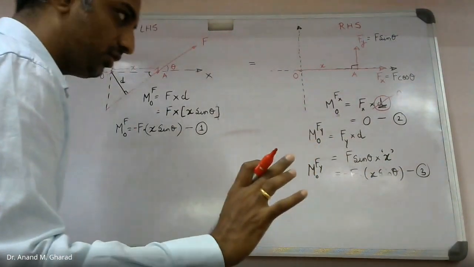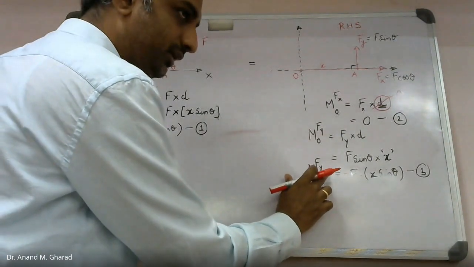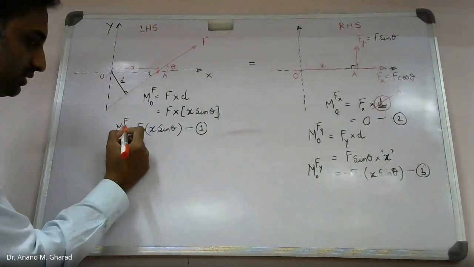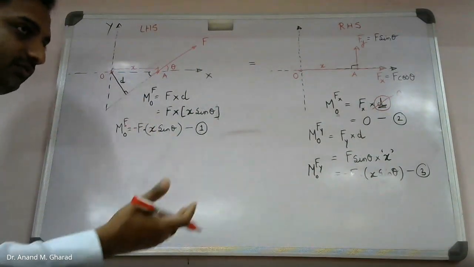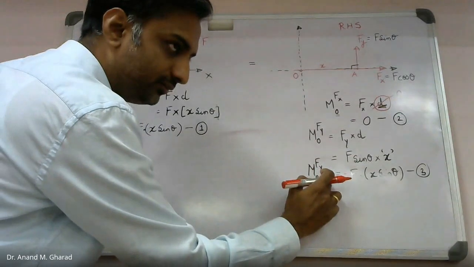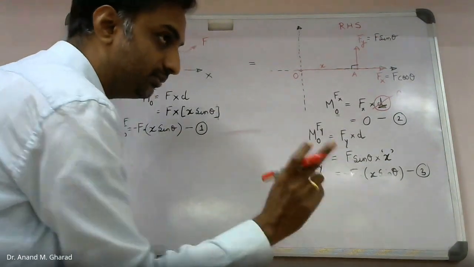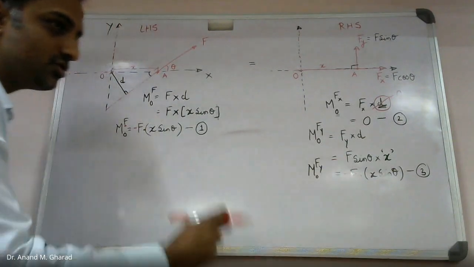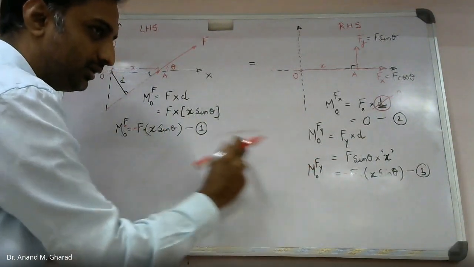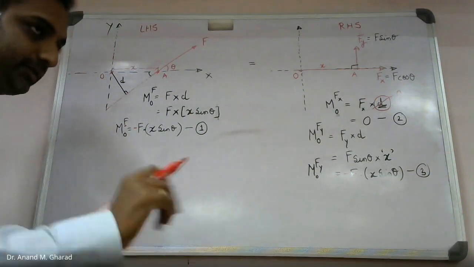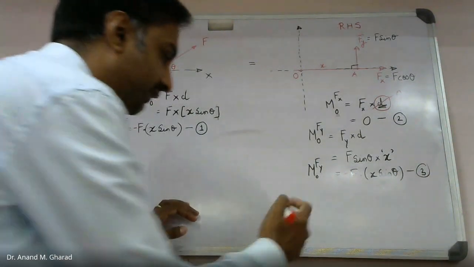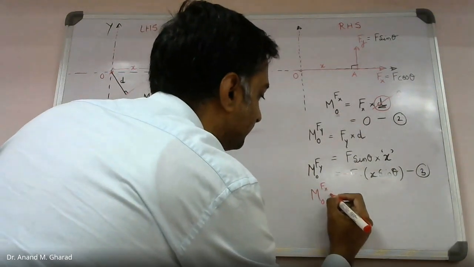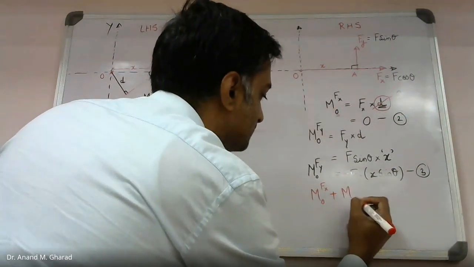We can draw a similarity, that this is the component, right? But over here, what do you observe? This is capital F, that is the final force. However, over here, it is nothing but the component of that force. It is not capital F. Okay, so right now I cannot compare these two things. But if I add these two terms,